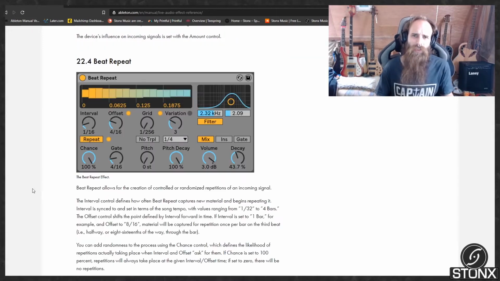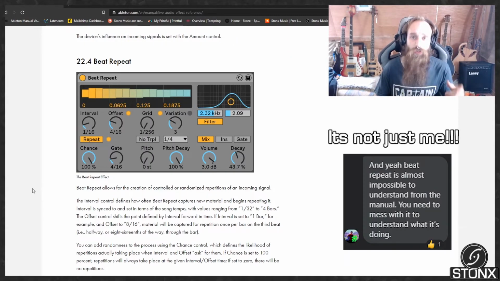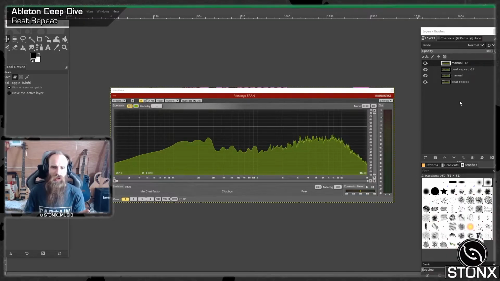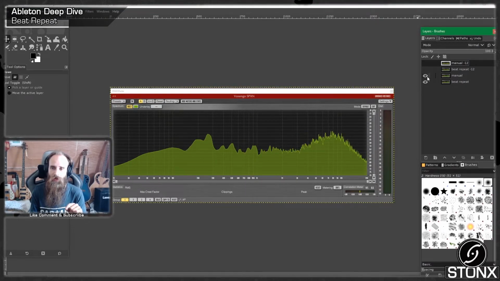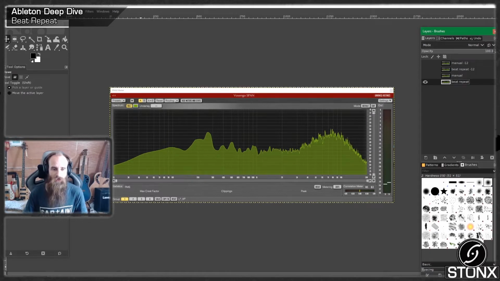So I must admit, reading that one was quite complicated, but let's jump into Ableton, do a few tests and see what we get. I started running some tests and then I realised there was actually much more audible difference than visual difference this time, but let's just have a quick look at Beat Repeat, and this is just